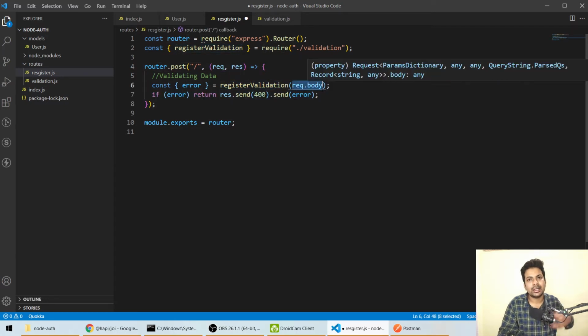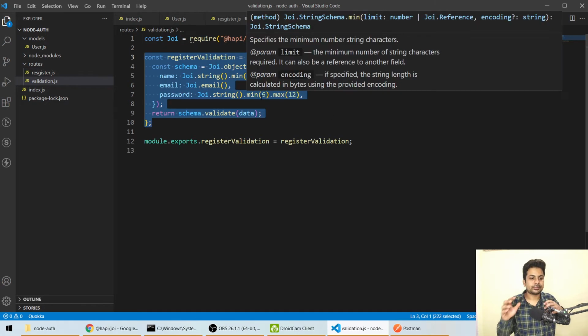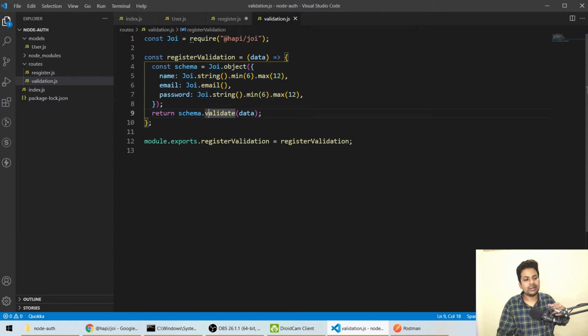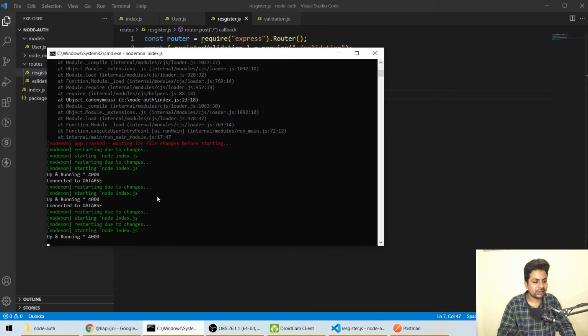So all that input we are getting will come here and it will check whether the name has minimum 6, maximum 12, and that email and password are there. It will check and send back an error, and if it's not an error, we can go forward. If it's an error, we just return back what the error is. So let's just save it and see if it's running.